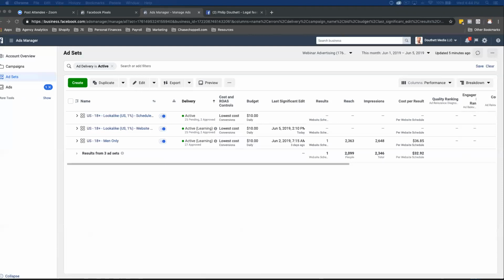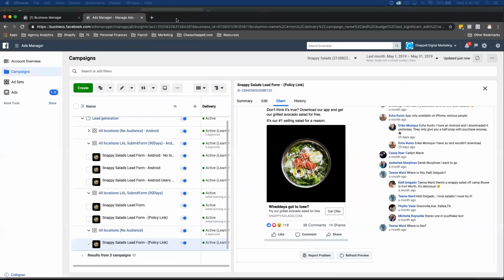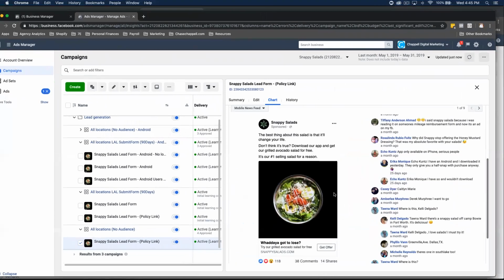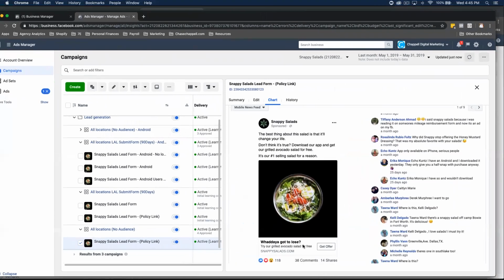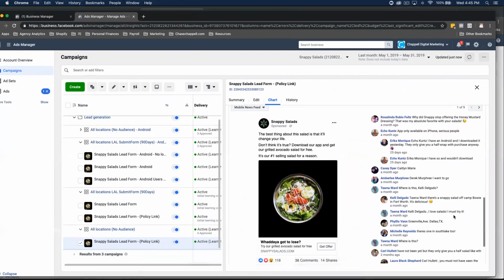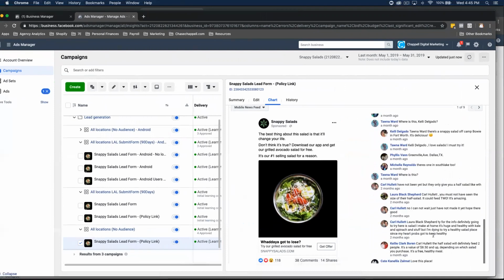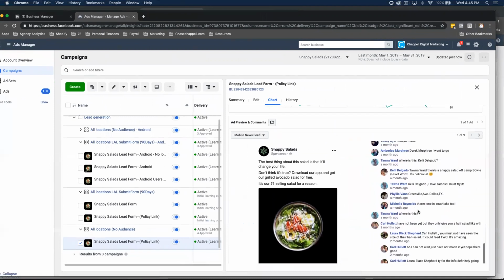If people aren't seeing it, let's just get some more people going to it. I'll give you a reason why. You want to see that example I was going to show you earlier? Okay, so right here, we have an ad, and this is for app downloads. So let's just pretend it's for webinars. But in this case, when they go to download the app, we have people who say,